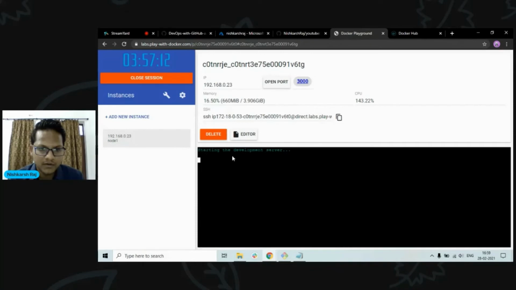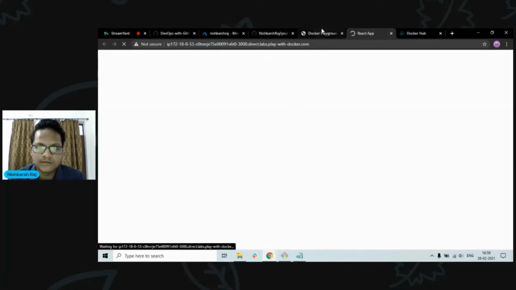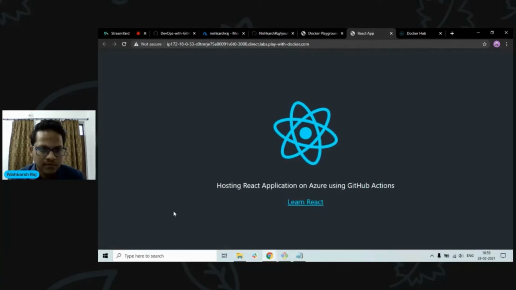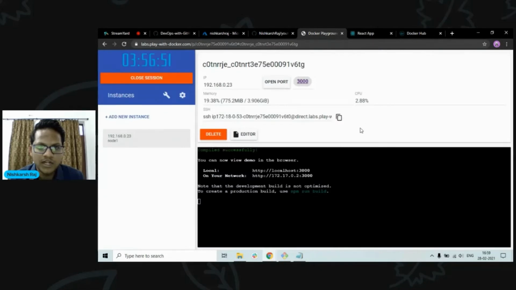Let's wait for it to go up. There we go, it's hosted. And now we have hosted this Docker image successfully on our IP. But this is only private to this Docker playground, and it will expire in 4 hours.